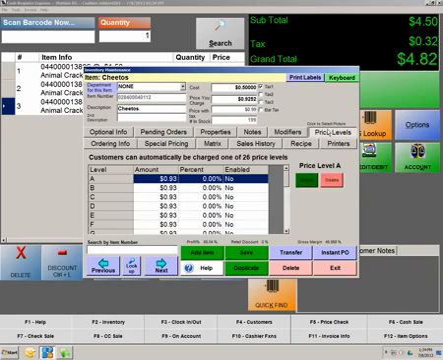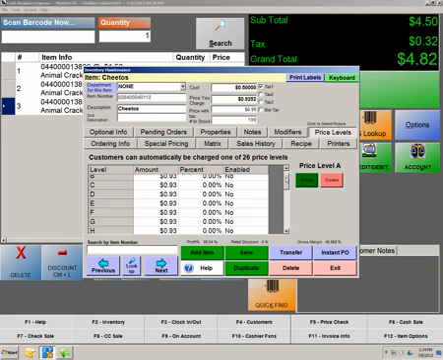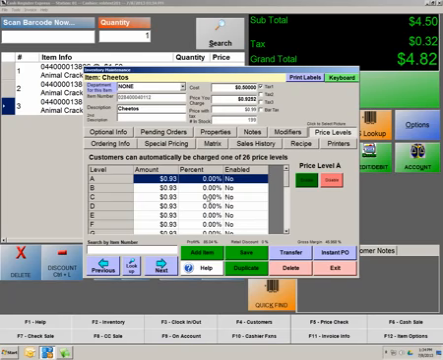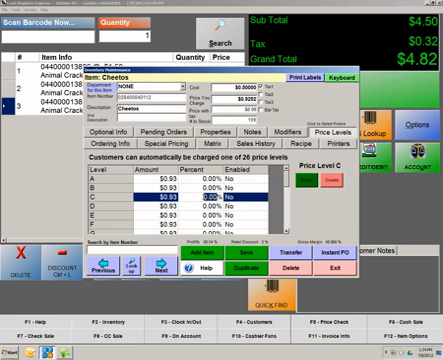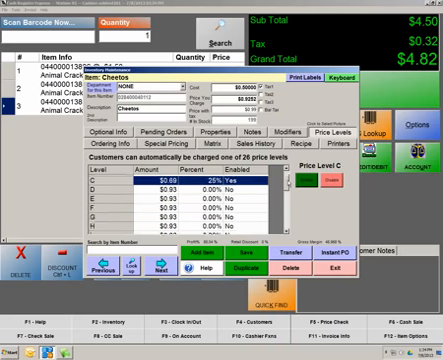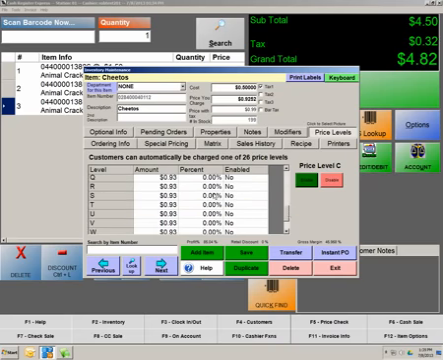Price levels. Now there's over 26 different price levels that you can set in the software. So let's say, for an example, for children, you wanted to give children all 25% discount. All right, what we can do is come in here, wipe this out, type in 25, hit enable. Also, let's say maybe senior citizens are going to get 25% off as well. Hit enable, and now any customer that I add into the system, just to show you quickly what I mean,